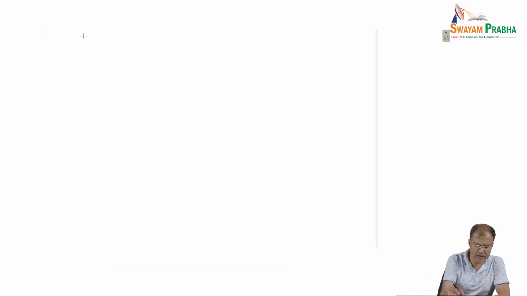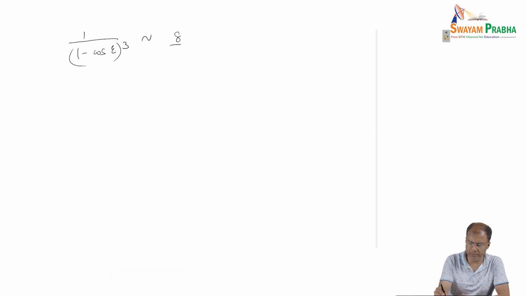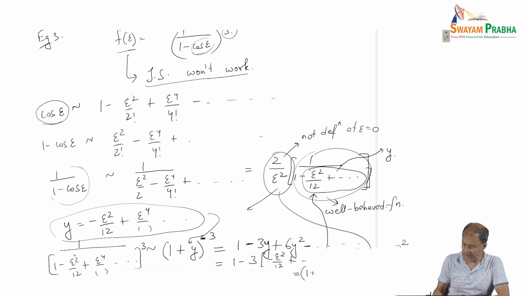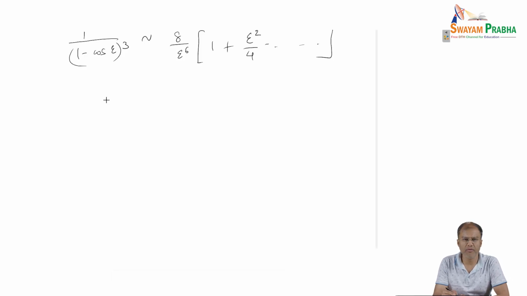So the final answer is 1 by 1 minus cos of epsilon, whole cube, is now 2 by epsilon square whole cube. So this is 8 by epsilon 6. Then the factor inside is 1 plus epsilon square by 4 minus and so on and so forth. Right? And that is the entire series expansion of this function. Okay, so